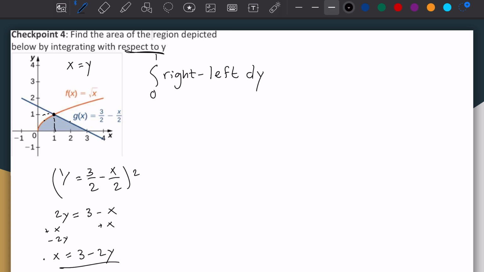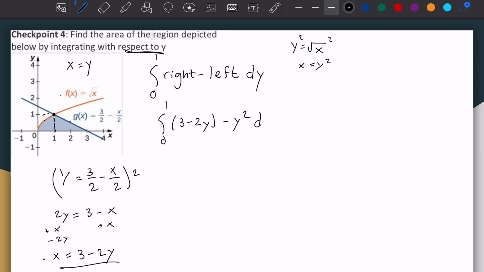So now for the other one, it's going to be y equals square root of x, which is essentially just square both sides, x equals y squared. So doing it right to left, 0 to 1. On the right is the g of x. So we're going to have our 3 minus 2y minus y squared